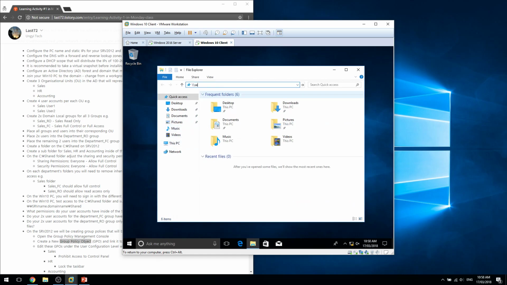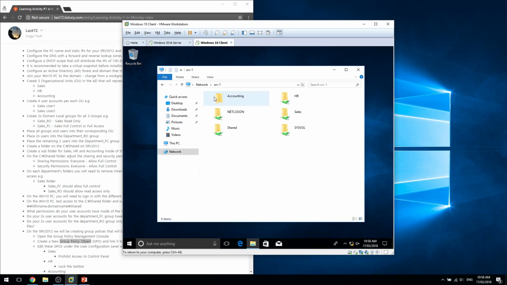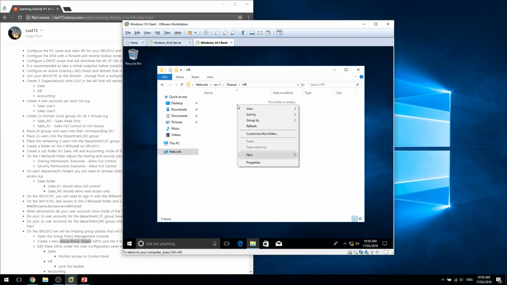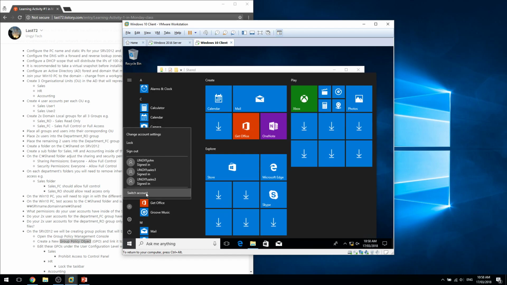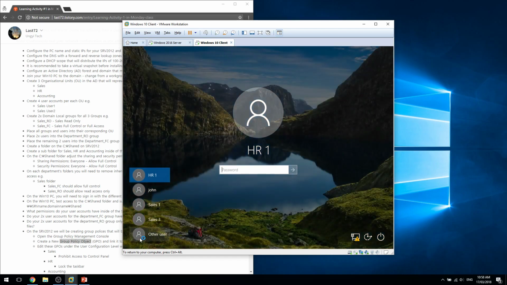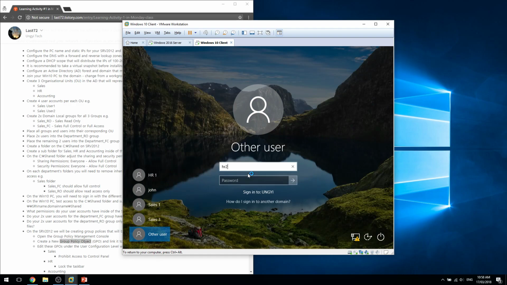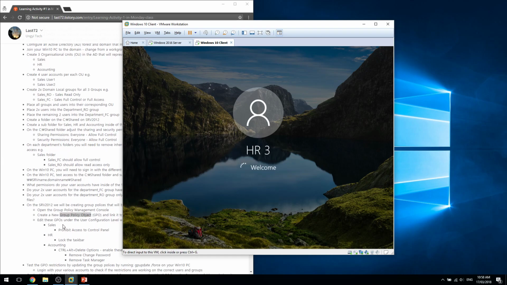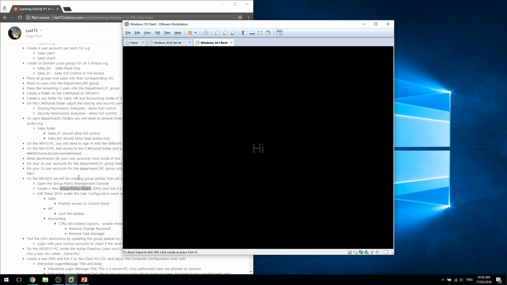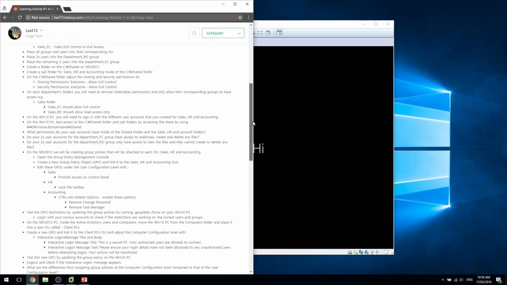Go to server1, share. He can access HR, but he can't make any files, and he can't access sales and accounting as well. Let's go to HR3. HR3, password. By the time that, let's go to here